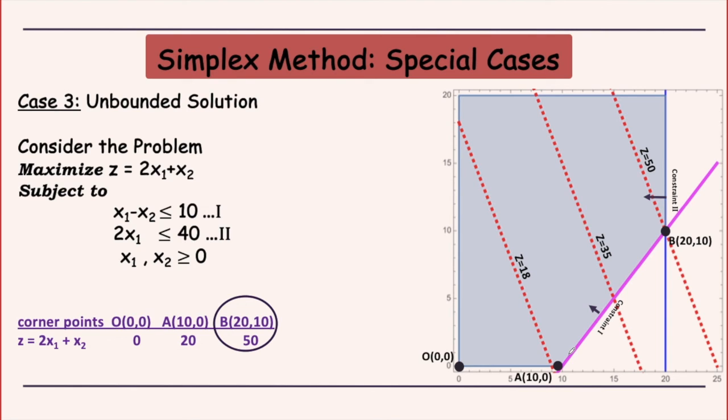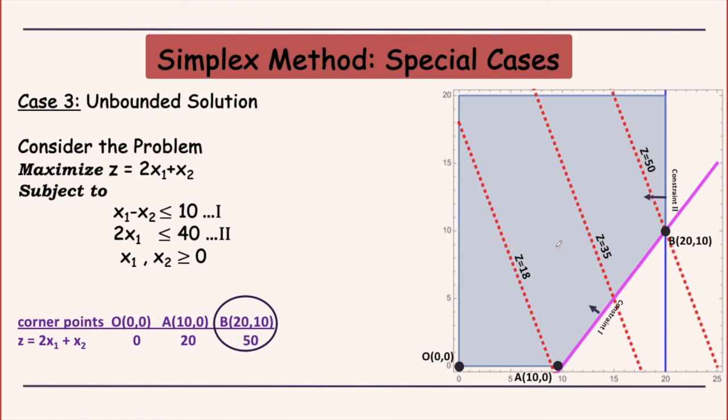This is a case of unbounded solution, and here if you see the graphical solution to this problem, it is a two variable problem, so we can graph it. You can see that you can increase your vertical, the x2 variable indefinitely, but x1 is bounded by this blue line, that is 20, by this mark 20. So x1 doesn't exceed beyond 20, but x2 can increase indefinitely.